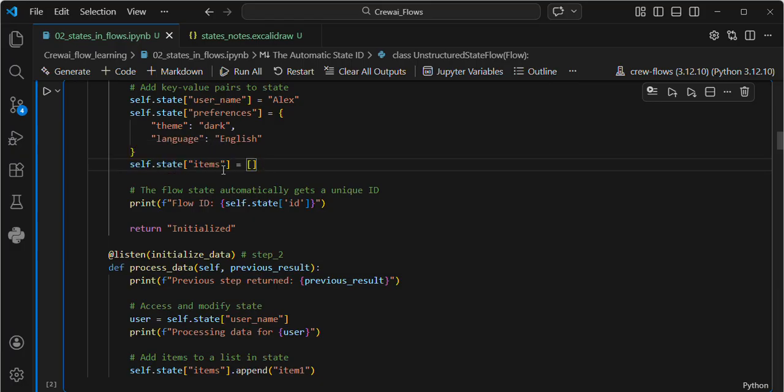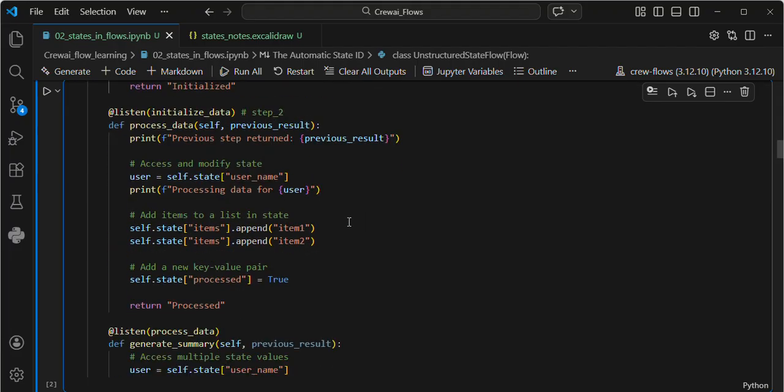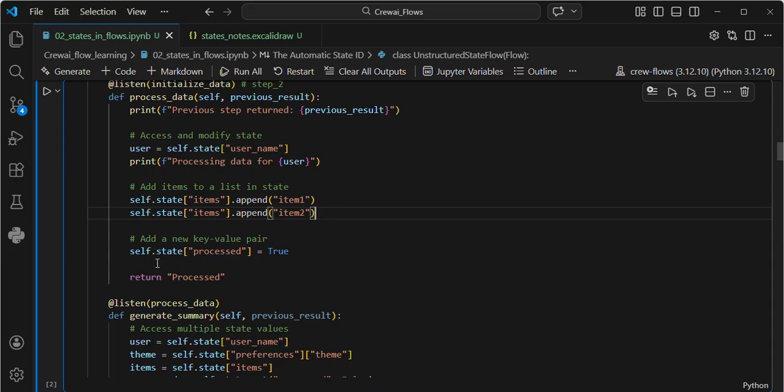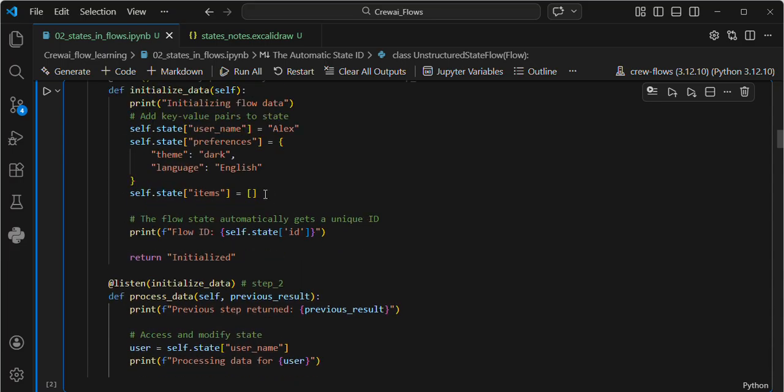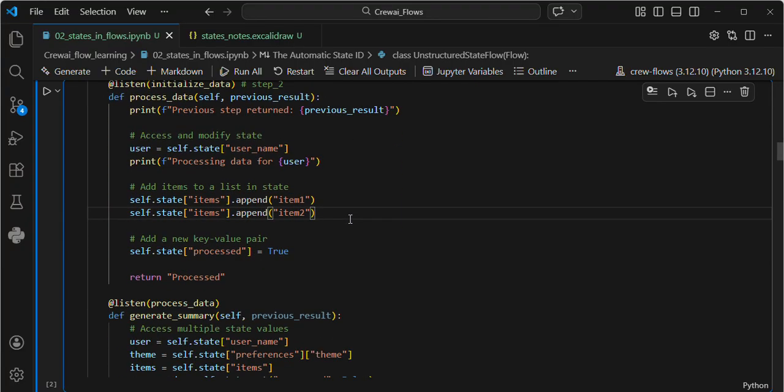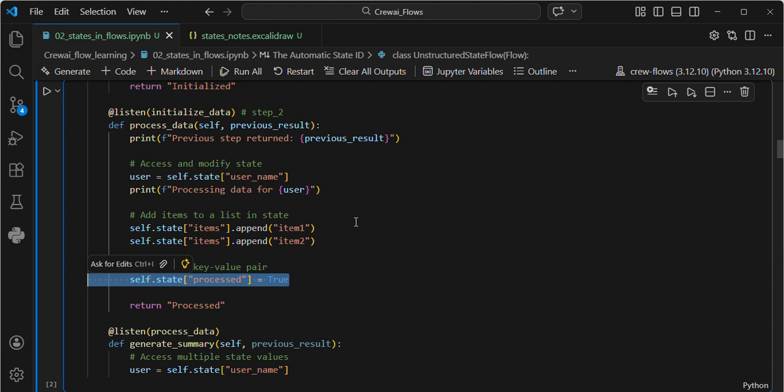creating this empty dictionary and assigning it to this item. It will be an empty list only. In step 2, I am appending item 1 and item 2. I hope you understand. And then self.state, and also here I am adding a new key. In the first two steps,